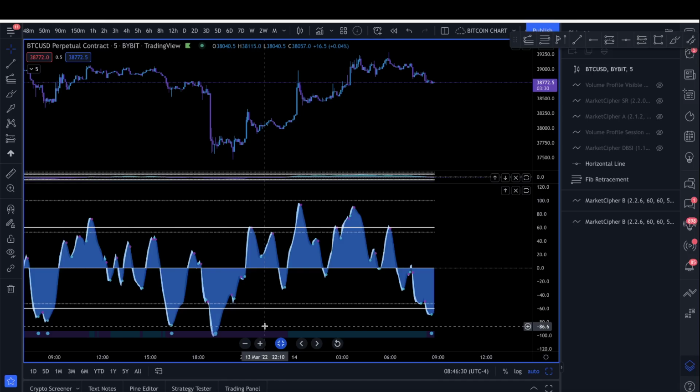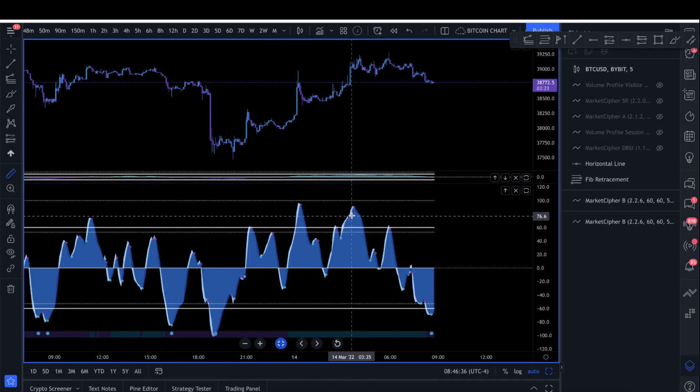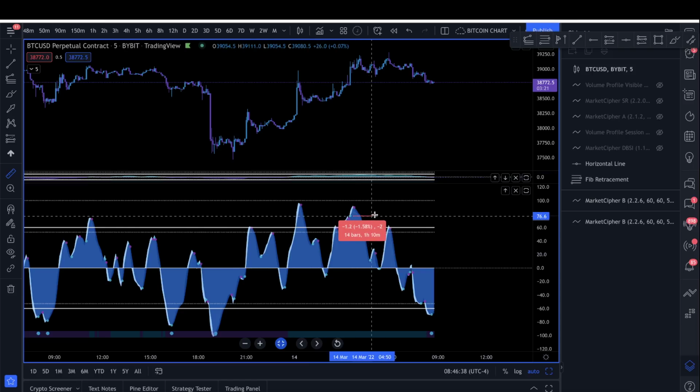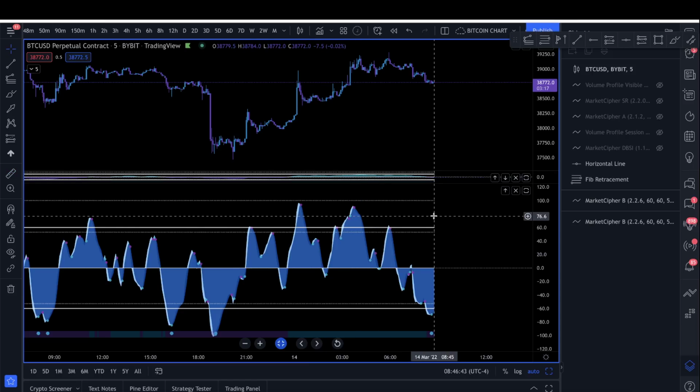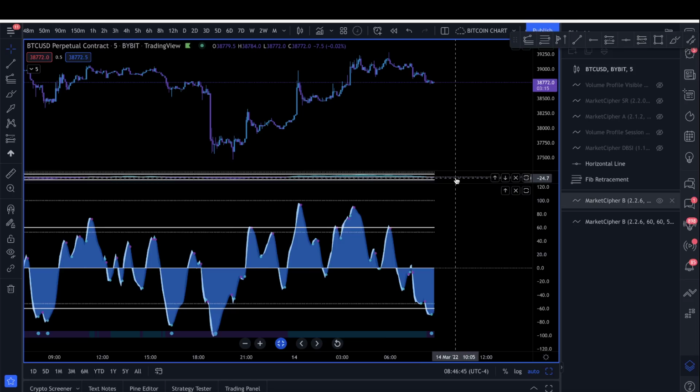Don't start FOMOing long or short. Just wait it out, right? You might have to wait 1 hour and 15 minutes, or even from this trigger wave here to this trigger wave right here, we have to wait 1.5 hours. Okay, so it's very important that when we're using this strategy, we're very calm, we're very collected, we are doing